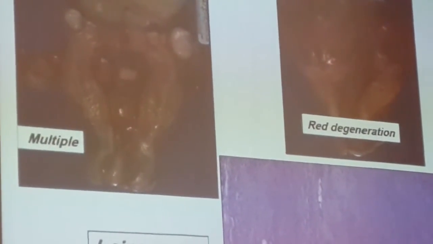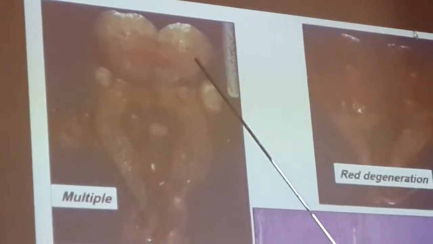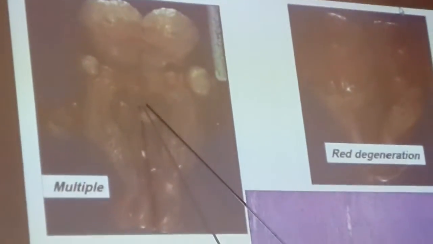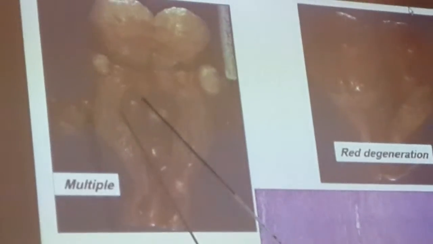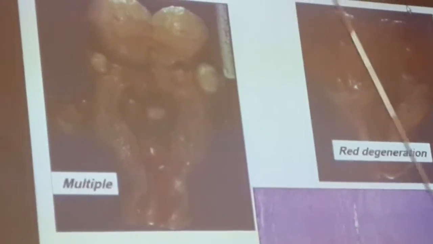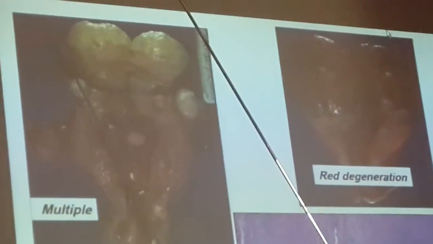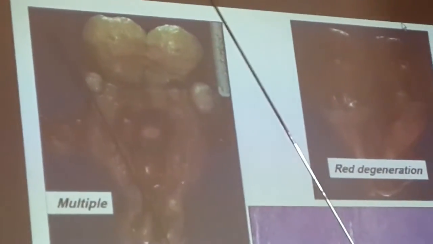This is subserosal. Look, this is the serosal surface. So it is arising and pushing the serosa up, going beyond. What is this? Projecting into the cavity. Submucosal, very good. It is projecting into the cavity. So this one is going beyond the wall, so it is subserosal. The last thing is serosa.